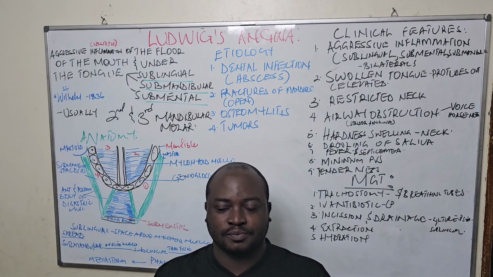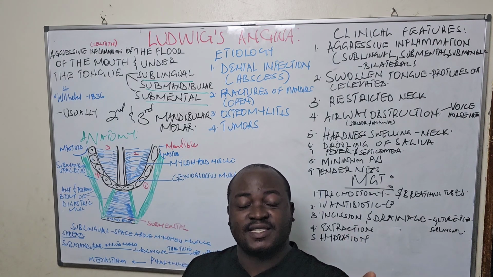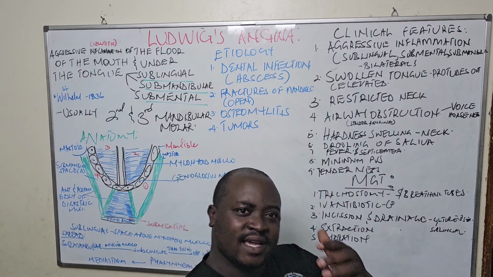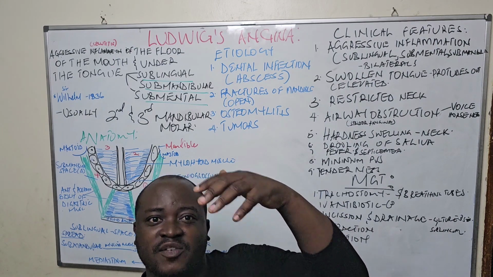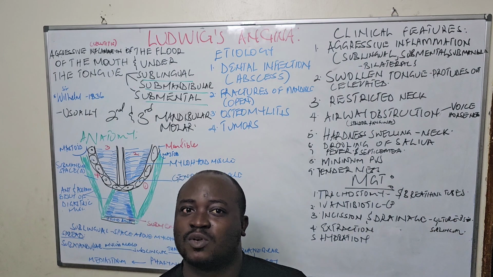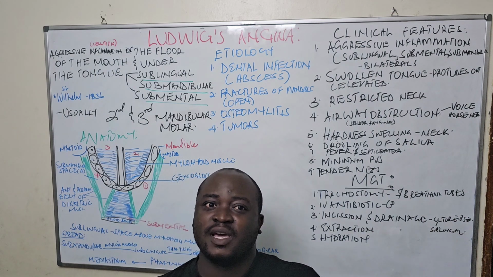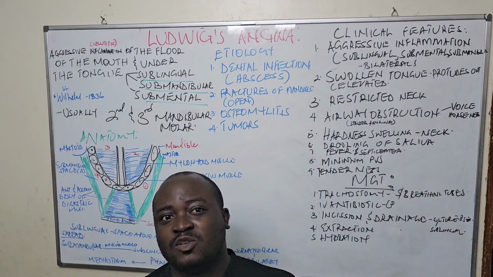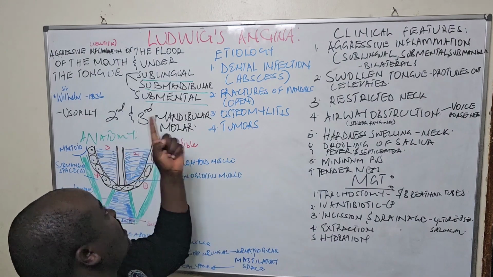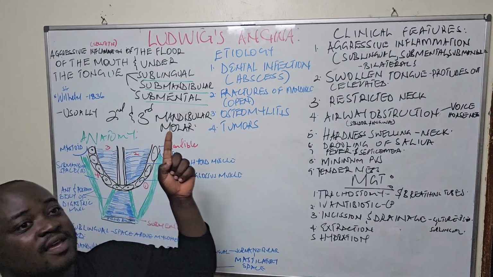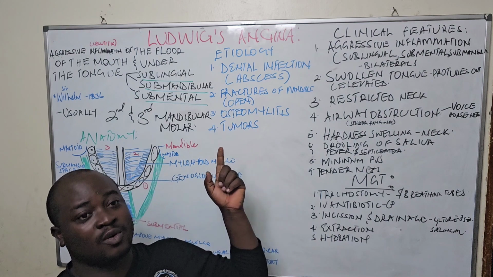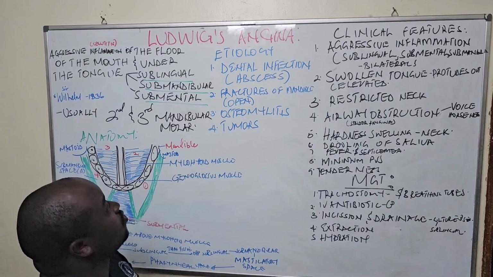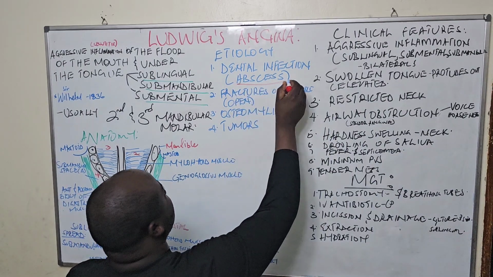But now, we are saying, suppose it exceeds that level and we go to what? Cellulitis. Cellulitis is an inflammation of the what? The connective tissue or the soft tissue, and could be both in the maxilla or mandible. But usually this condition we are going to talk about, Ludwig's angina, is usually in the mandibular areas, although it could also be in other areas, but usually it's mandibular areas due to dental infection, especially dental abscesses.